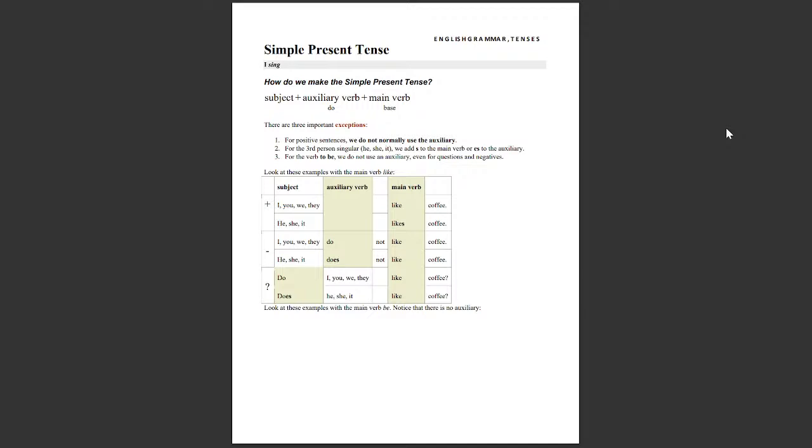And for the verb to be, we do not use any auxiliary, even for questions and negatives. For any questions or negatives also, we don't use any auxiliary verb. So look at these examples with the main verb like. See, the subject might be I, you, we, they. The auxiliary verb will not be there, but the main verb is like, likes, and coffee. So that is, I like coffee,